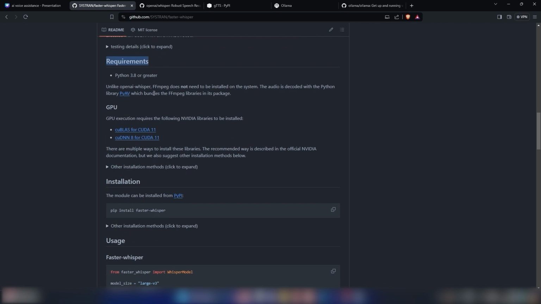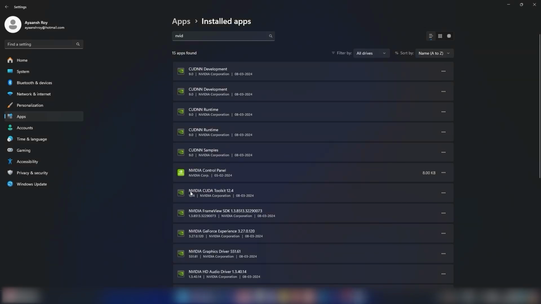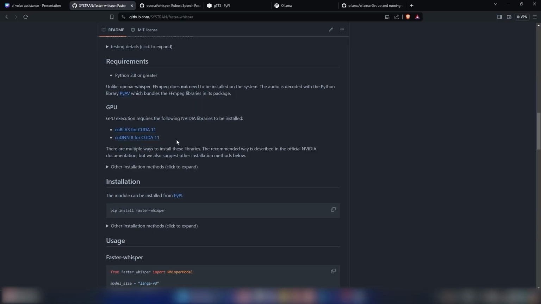These are the requirements. We need Python 3.8 or greater, and I have used GPU. That's why I had to install these two packages also. So basically, after spending some time, I got to know that instead of individually installing cuBLAS and cuDNN, you can rather have an NVIDIA CUDA toolkit, whatever version supports your system. So this CUDA toolkit will have both these packages within itself,